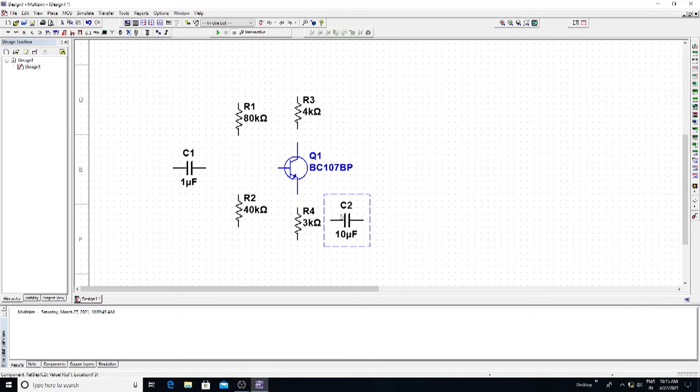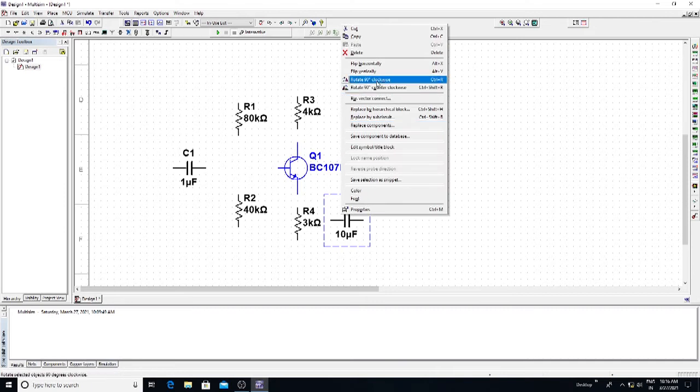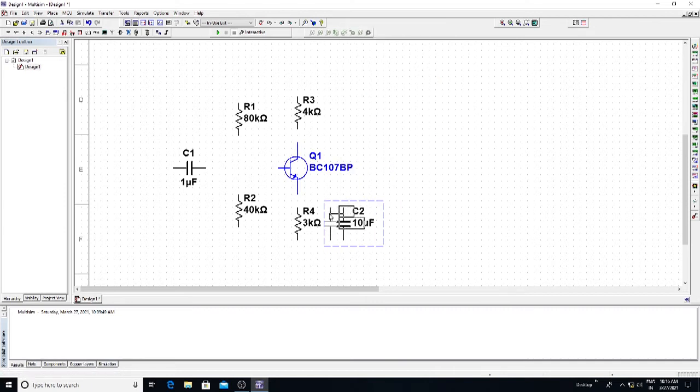Click on the capacitor, right click, rotate 90 degrees clockwise, and place it parallel to the resistor. The components should be placed neatly so that you can see the diagram in a proper way. This is the first stage components we have placed. Similarly, you will place the second stage components of the same values, same transistor, resistors R1, R2, R3 and R4, and C2 for the second stage.